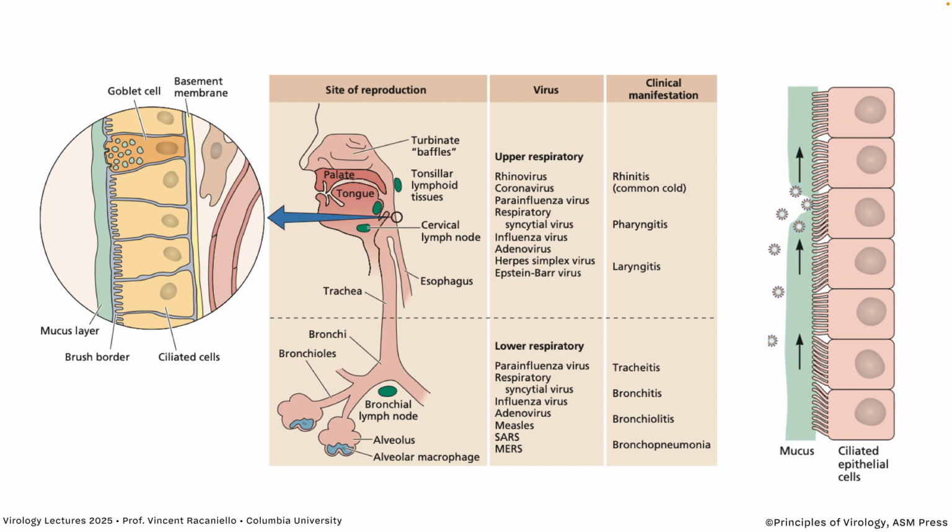So here are some of the viruses that will infect these two sites. And on the right, the clinical manifestation. You know, this is all depending on what location the inflammation is happening. Rhinitis, pharyngitis, laryngitis, all the way down to bronchopneumonia. When particles go all the way down into the lung, it's not easy to do that. Viruses initiate in the upper tract. You breathe in and you pull viruses in, they're replicating in your palate and all that mucosa, turbinates and so forth. And if the infection gets out of control, then the virus can start going down into the lung,